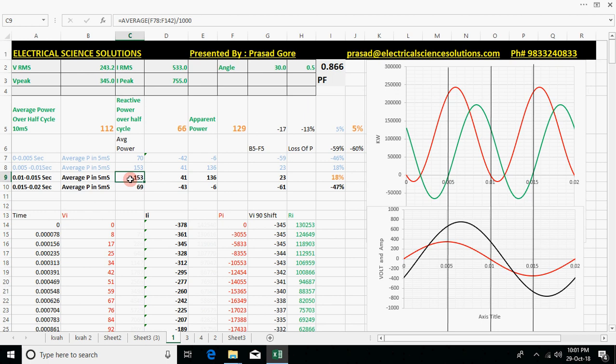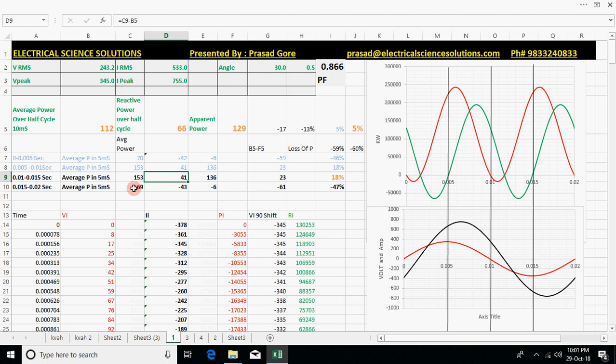So 153 means your actual requirement. Out of 153, 41 kW was utilized to charge your inductor. If you subtract 41 from 153, you will get 112. So your average power requirement of this region was 112, but you were an inductive load, so you wanted 41 kilowatt extra